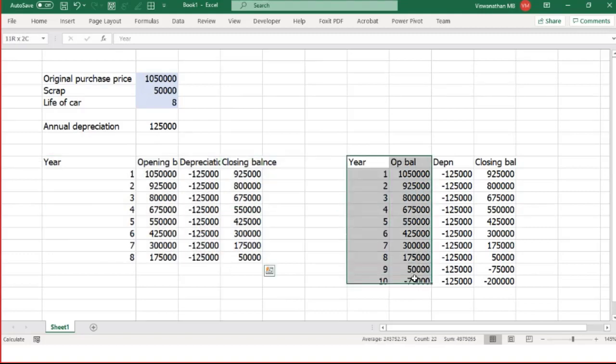Whereas the other model which you did is giving us wrong answers for year 9 and 10. And you will probably have to come and delete it every time and move on. This is just to give you one example of what kind of implication this can have in the financial field.